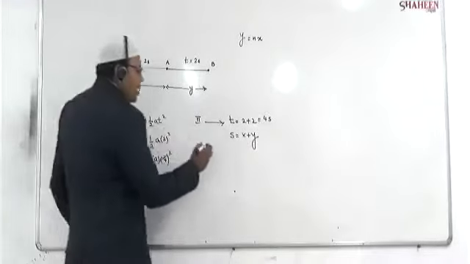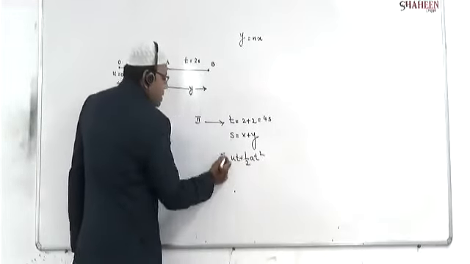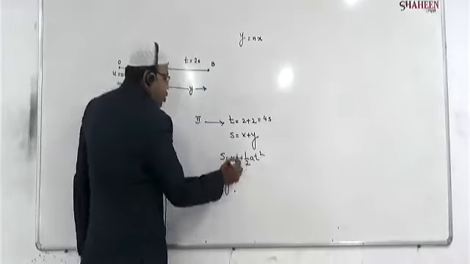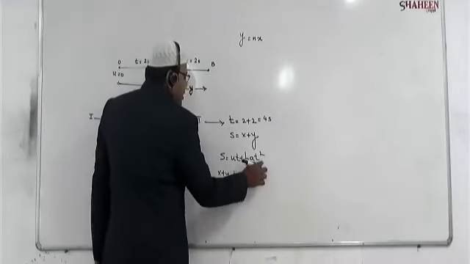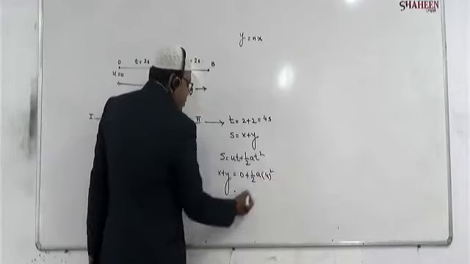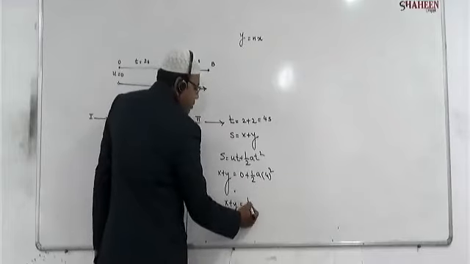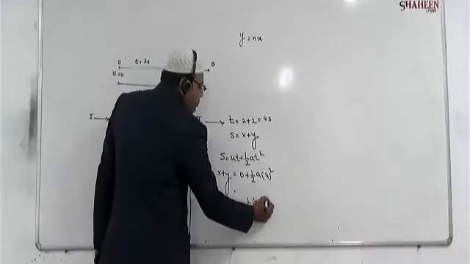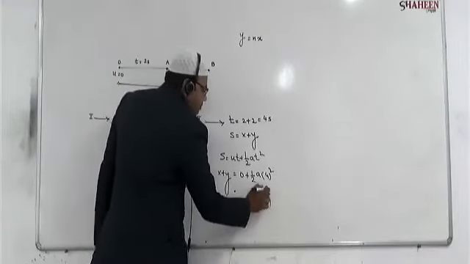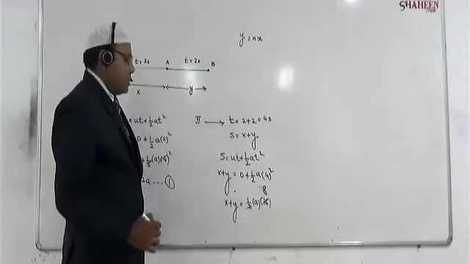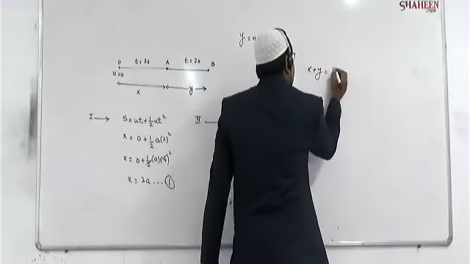Again I use the same equation, s is equal to ut plus half at square. Now what is s? s is nothing but x plus y. This is ut, beta, and u, the initial velocity, is 0, plus half a t square. What is t here? 4 square. So x plus y is equal to 1 by 2 a into 16. So this is half times 16, that is 8 times. See, beta, 2 1s are 2, 8 2s are 16. So what we are getting, x plus y is equal to 8a.